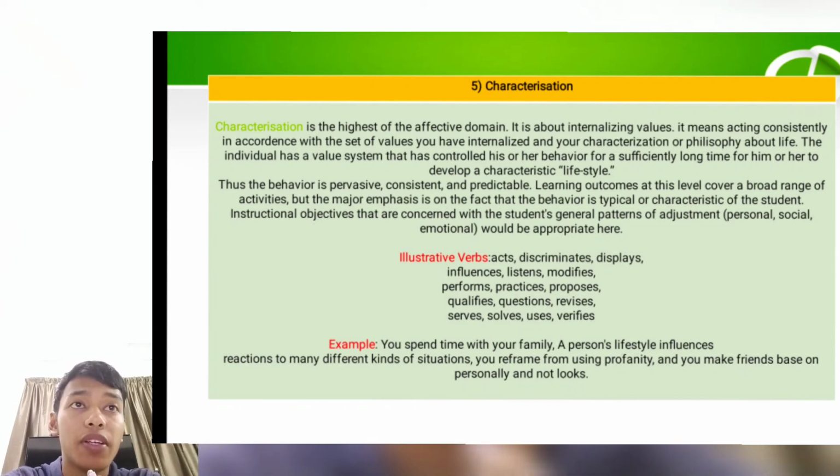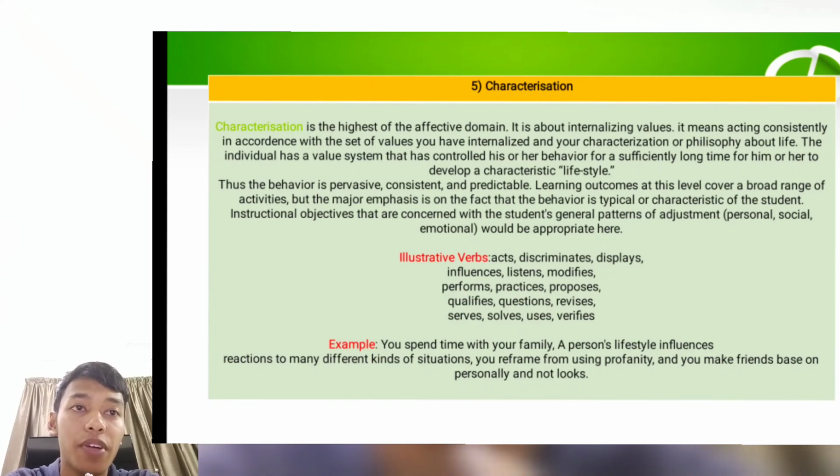Learning outcomes at this level cover a broad range of activities, but the major emphasis is on the fact that the behavior is typical or characteristic of the student. Instructional objectives that are concerned with the student's general pattern of adjustment, like personal, social, and emotional, would be inappropriate here. And illustrative verbs for characterization are act, discriminate, display, influence, listen, modify, perform, practice, propose, qualify, question, revise, serve, solve,